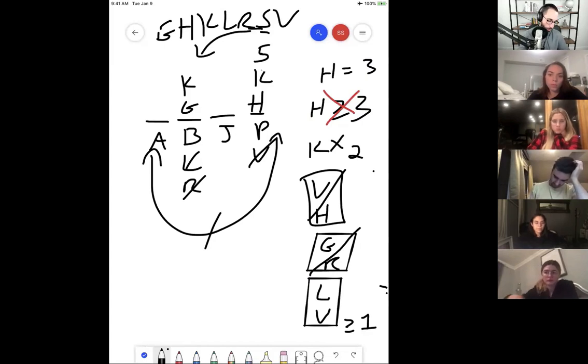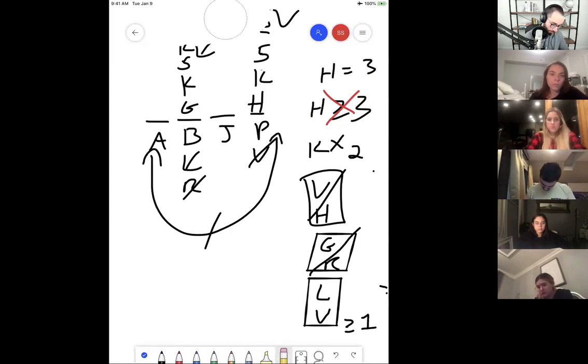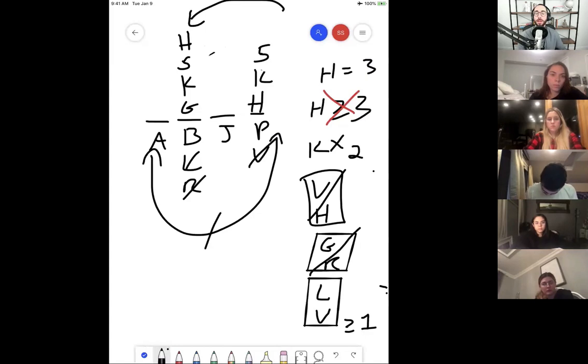And yes, so now I would list everything in the P column in the B column as well, since we know P requires B. So S, K, and I'll erase the list of variables at the top to make some more space. So SKH were all in the P column. Now they're all going to be in the B column as well.